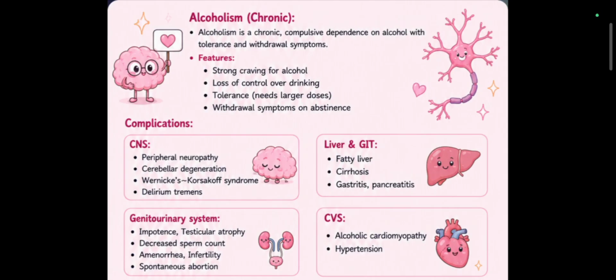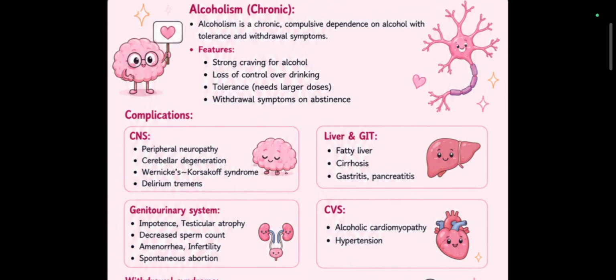There are complications of four systems: CNS, liver and GIT, genitourinary, and CVS. In CNS, you'll observe peripheral neuropathy, cerebellar degeneration, Wernicke-Korsakoff syndrome, and delirium tremens. In liver and GIT, fatty liver, cirrhosis, gastritis, pancreatitis. In the genitourinary system, impotence, testicular atrophy, decreased sperm count, amenorrhea, loss of bleeding, infertility, spontaneous abortion. In CVS, alcoholic cardiomyopathy and hypertension. Just go through these once. These complications are important because they are directly asked in MCQs: CNS, liver and GIT, genitourinary system, and CVS. Moving ahead,